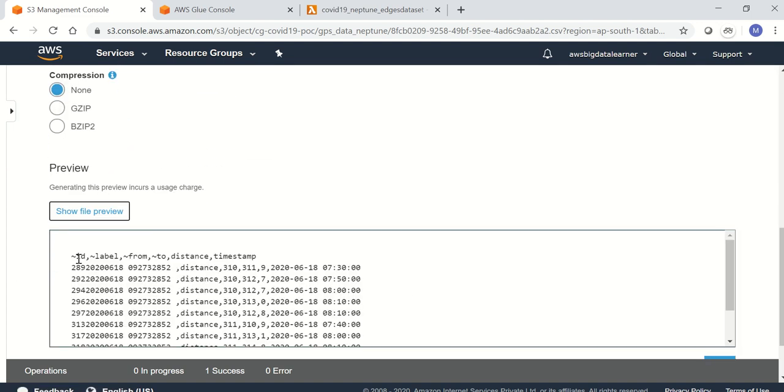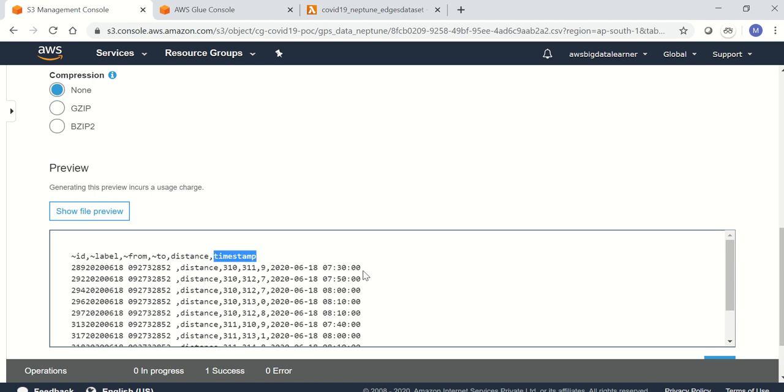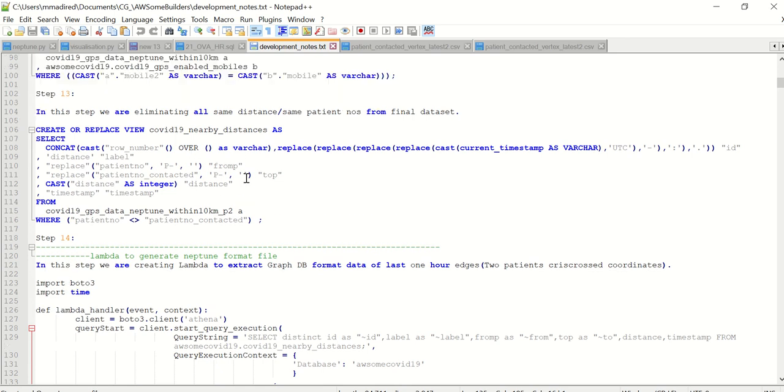Right? So here this is ID, and label is the distance, and from and to are system columns, and the distance is the actual number of kilometers, and the timestamp is when the record is created. So here the ID we are taking with the timestamp concatenated. The reason is Neptune will only accept unique edge IDs.